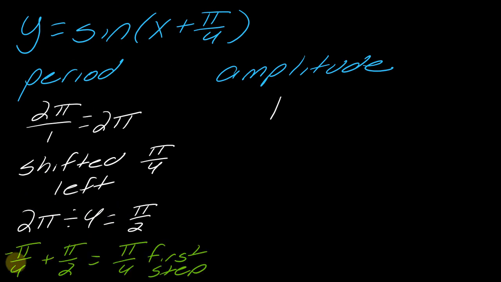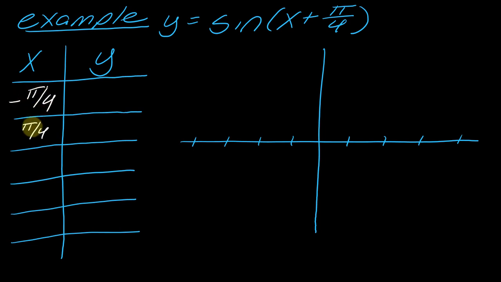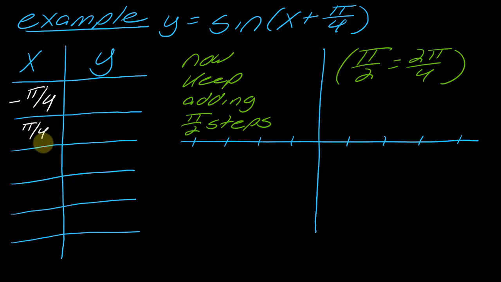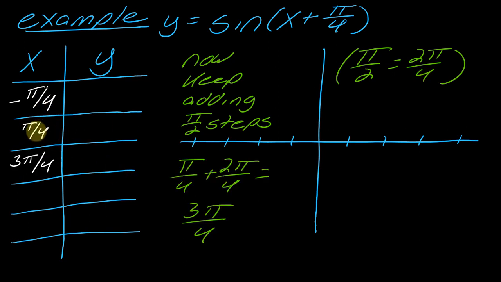So what I mean is if I start with that negative pi over 4, here's my starting point. If I add pi over 2 to it, this would be the first step that I take on the graph. So I add pi over 2 to this and get pi over 4. And I just now keep adding these pi over 2 steps. And you might want to remember pi over 2 is equivalent to 2 pi over 4 when you're doing your math here. So if I continue this, so if I take pi over 4 and add 2 pi over 4